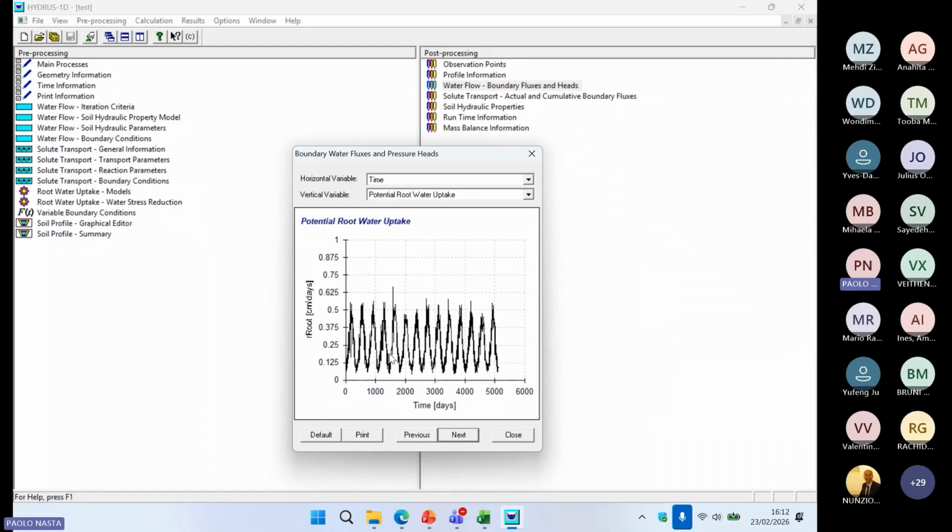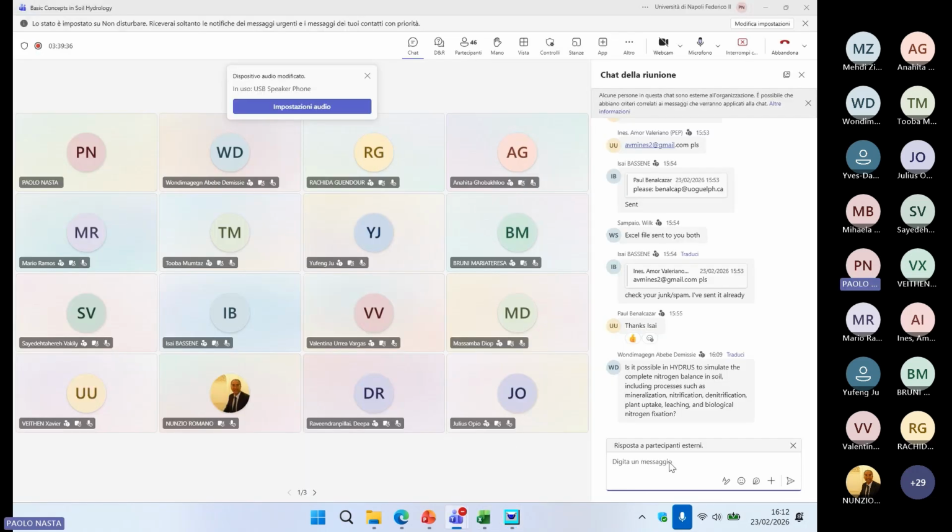Oh, thanks, Nunzio. I got another question. Is it possible to simulate the complete nitrogen balance in soil, including processes such as mineralization, nitrification, denitrification, and so on? Yes, the answer is yes, you can, but probably you need to use the other model that is coupled to Hydrus 1D. I don't remember the name now, but yes, if you go to the forum,